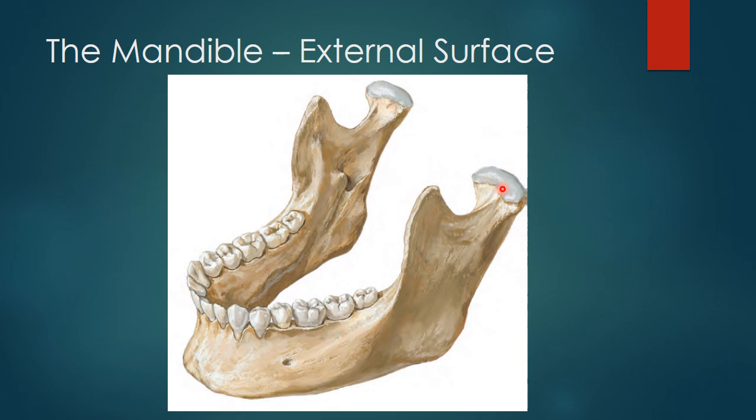Another important landmark is the mental foramen, here. It is the anterior opening of the mandibular canal. It is directed upward, backward, and laterally. The mental foramen is usually located midway between the superior and inferior borders of the body of the mandible and more often below the apex of the second premolar tooth. This position is not constant and sometimes it may be between the first and second premolars.